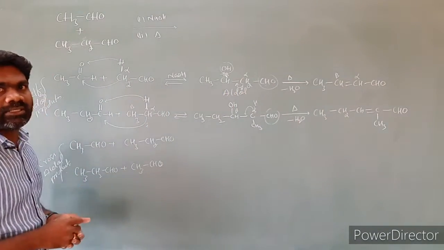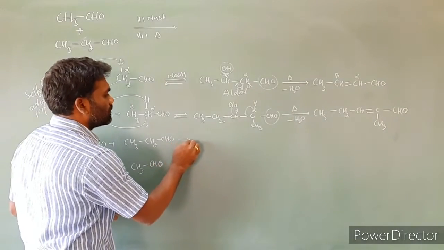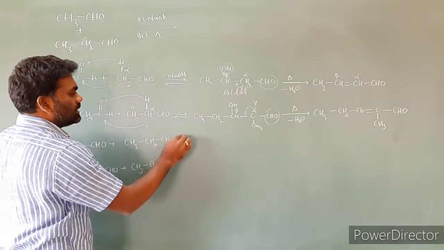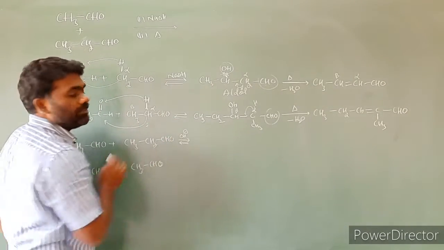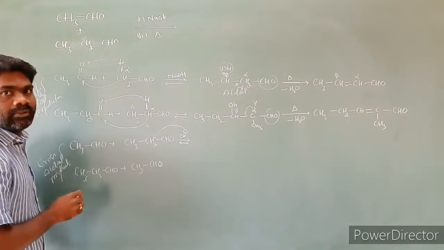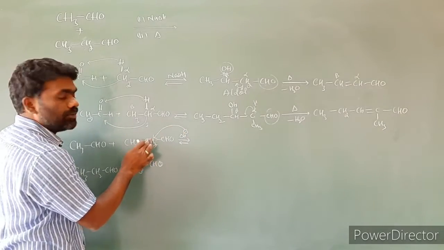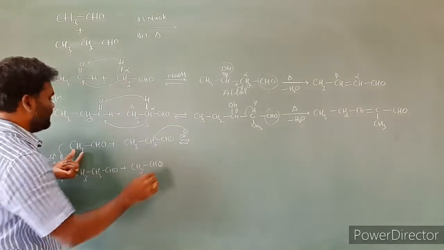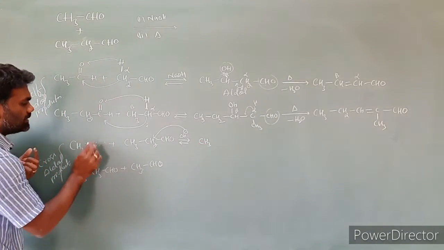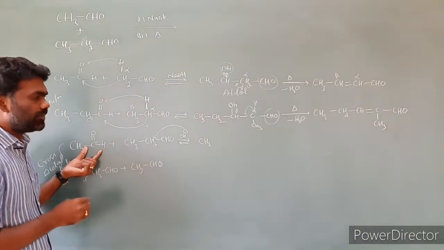Then coming to the cross-aldol products, this one I am treating with this one. Third molecule, third product. Here I am taking the same OH minus, directly writing it as base. This base attacks this carbon, this hydrogen is going, and a negative charge is formed. Then I am writing this as CH3. For convenience I am writing CH as C double bond OH.